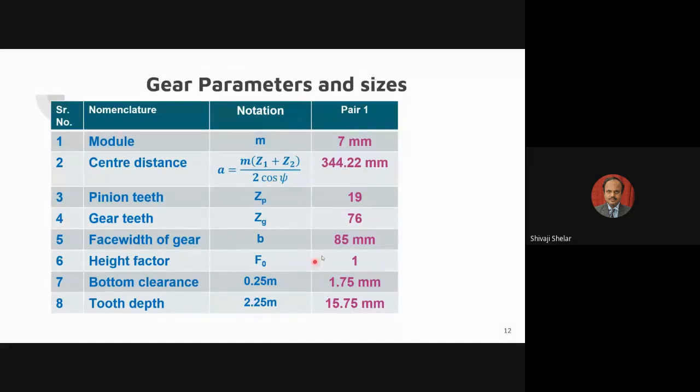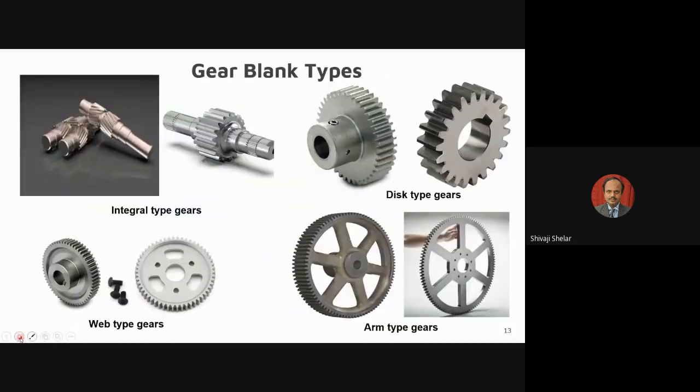Now with this final design, let's check the type of gear you will require, construction details for the gear. Whether you require this type of gear, whether you require gear crank of this type, or whether you require wave type gear, or whether you require arm type gear. So this I already explained in previous lecture. Just for demonstration purpose, let's go to the calculation again here.